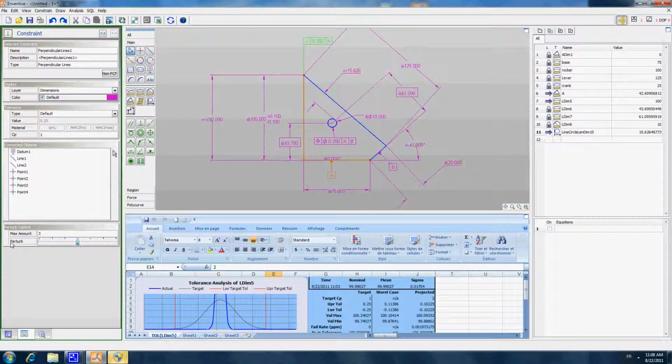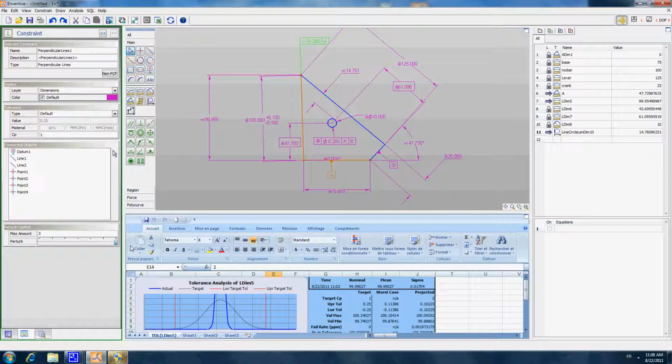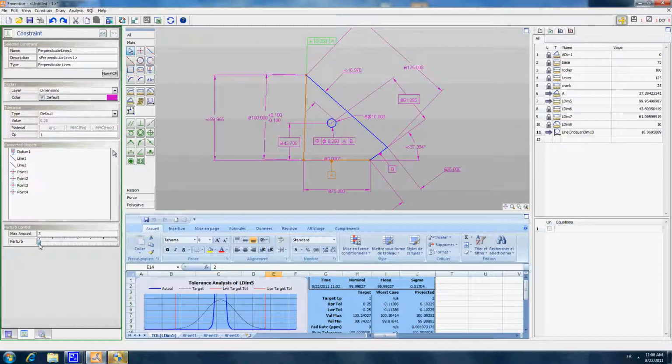So it's moving the 4-bar device according to the perturbation that I'm applying. And you can see we are nominally at 15.626, and then we move to 14.761, and if I move down, we move up to 16.97.